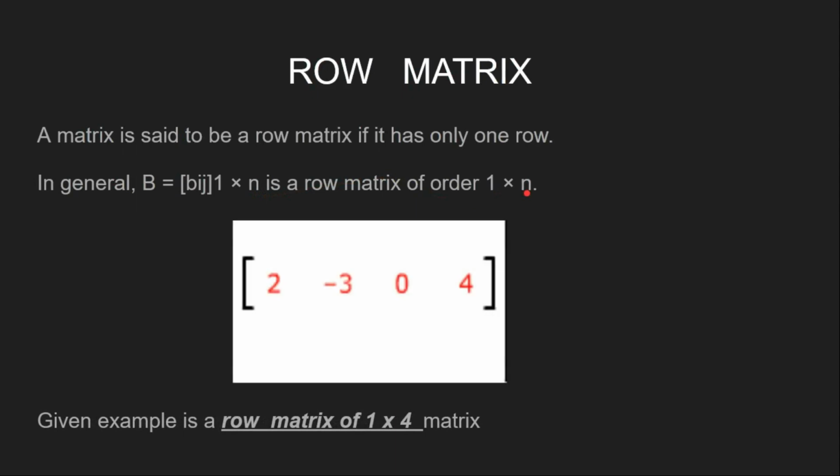So there is an example of how you can decide how many rows are there in the given matrix. You can just count the horizontal lines. You can see guys, only one horizontal line is here, so you can say that only one row is there, and you can see here that there are four columns. It means 1, 2, 3 and 4 columns are there. Four vertical lines, so you can say that it is a row matrix of 1 cross 4.